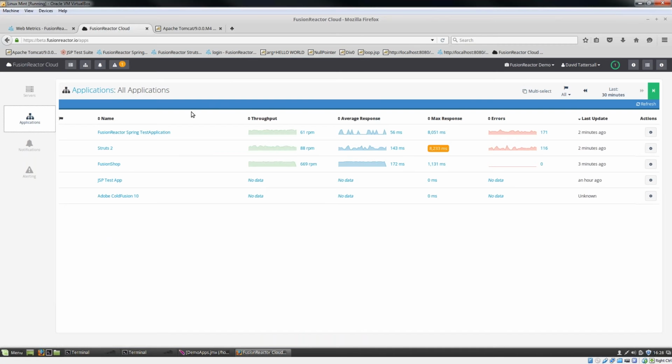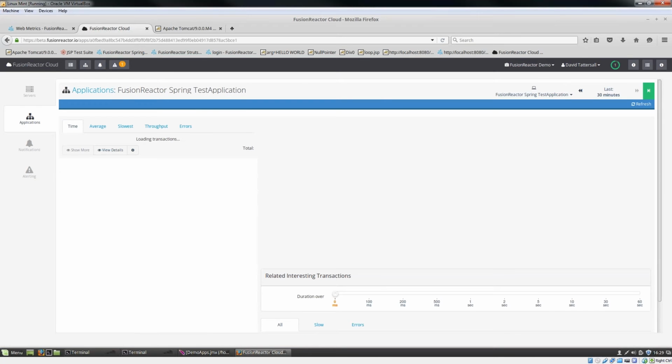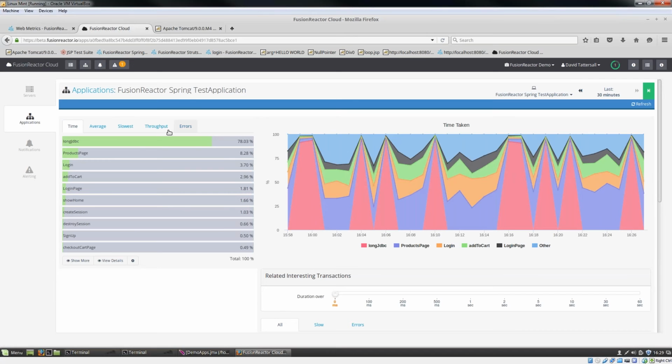And if you've got FusionReactor 6 deployed and the Ultimate Edition, then you can take a Stacktrace and actually just decompile it on the fly to be able to take a look at the code and see what it's doing without going back to your source repository. And what we're showing here is definitely the classes which were executed and which are currently running. So that's quite interesting. So now moving on, if I go into the applications view,